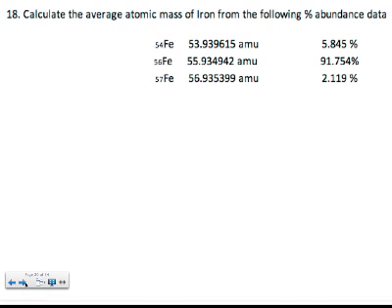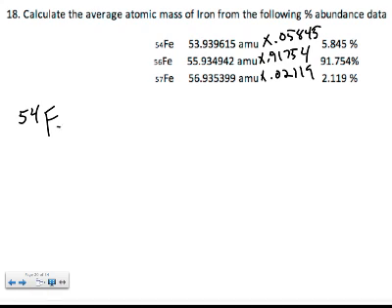Calculate the average atomic mass of the following based on the percent abundance. So remember, for these you're going to take the mass and multiply it by the percent abundance, which you have to put into a decimal. So 0.05845 for the first one. The second one is going to be times 0.91754, and then times 0.02119. When you do those out, you find that the contribution for Fe54 is 3.15